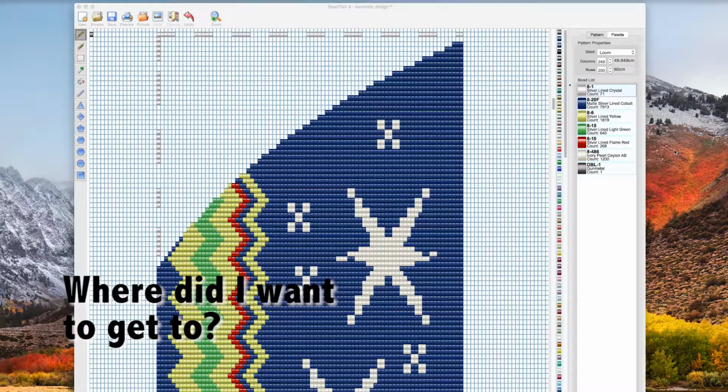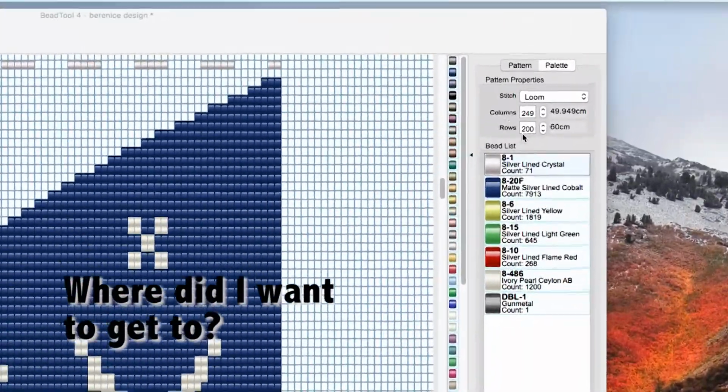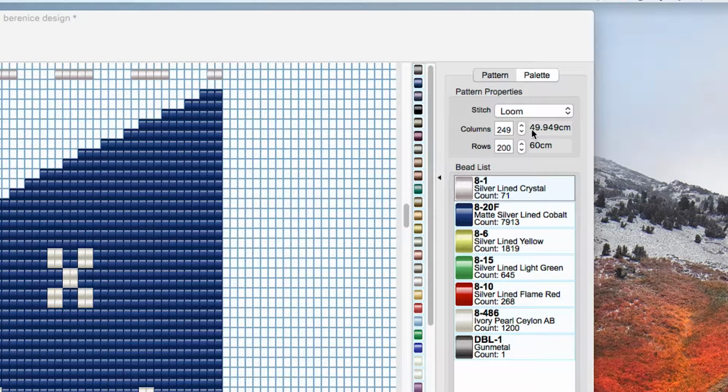First of all, I'm going to show you the completed position, where I wanted to get to. And where I wanted to get to is to know how many columns of beads I needed and how many rows of beads I needed to make a piece that was 50 centimetres wide by 60 centimetres high.